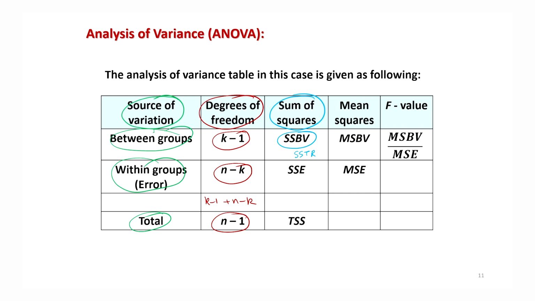Then we have obtained the sum of squares due to error. And now, if you try to add here SSBV plus SSE, then you will get here the total sum of squares, TSS. That is the reason that I have not given you here the expression for finding out the TSS, right. And this additivity is due to the